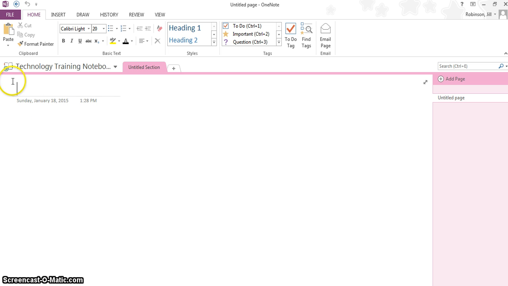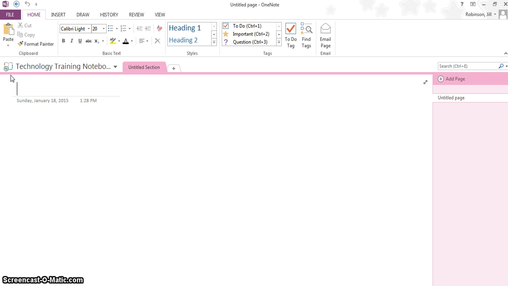If you notice over here on the left-hand side of my notebook name, I have that little green arrow that keeps blinking back and forth. That indicates that it is saving changes. I'm currently not doing anything at the moment, but it is saving any changes that I might add to this